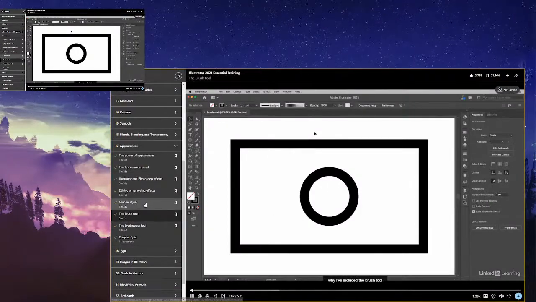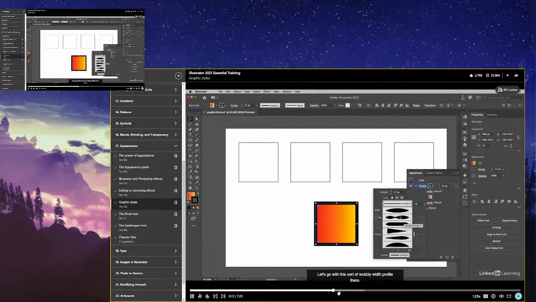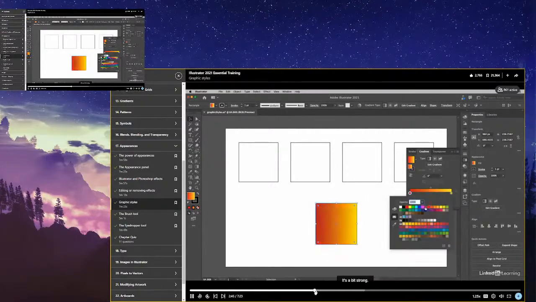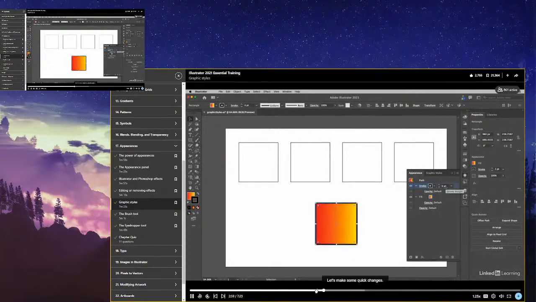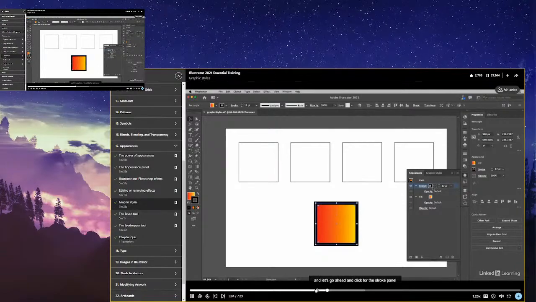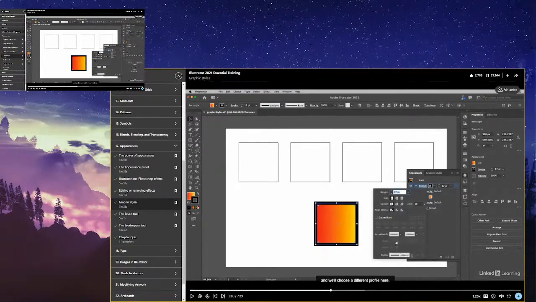Wondering why I've included graphics. At the front, or if they're this sort of wobbly yellow at the other, might just tone down that red a bit. It's a bit of a panel here, and we'll choose some quick changes. So let's take the stroke here and make that a bit chunkier. Let's go ahead and click for the stroke panel, and we'll